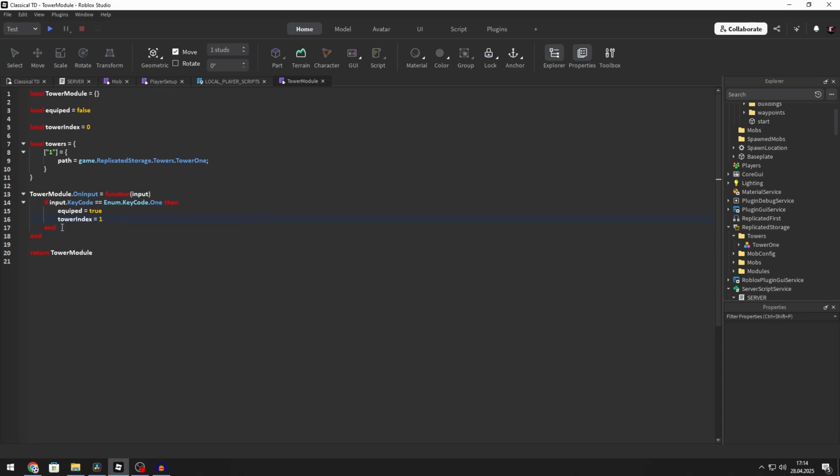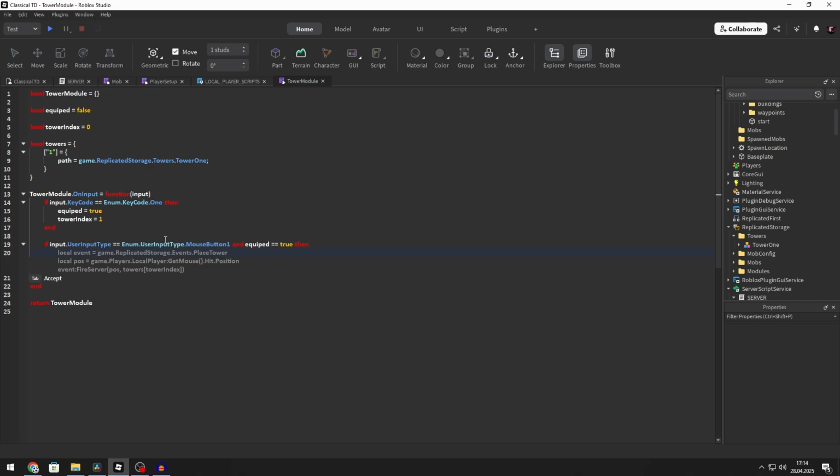If you have more towers, you can do, if it is 2, it will be tower index 2, etc. And now if input.UserInputType is equal to Enum.UserInputType.MouseButton1 click, and also equipped is equal to true, then